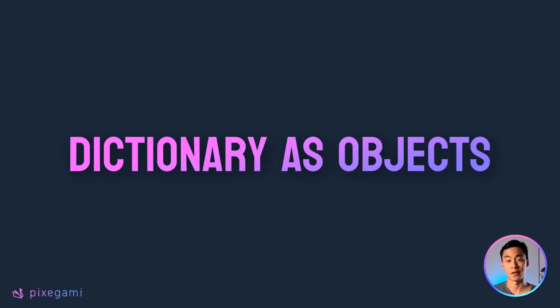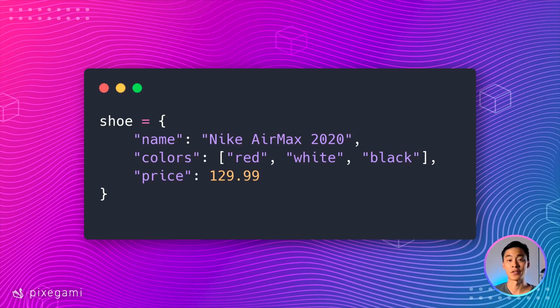The data inside a dictionary doesn't all have to be the same type either. Another way to use dictionaries is to store different pieces of data about a single object. Let's look at this example here, where I have a variable called shoe, and in that variable, which is a dictionary, I'm actually storing all types of information about it. I'm storing a name, which is a string, so this one is Nike Air Max 2020, and I'm storing a color as well. Actually, I'm storing a list of colors, and it has red, white, and black. And I'm also storing the price, which is a number.